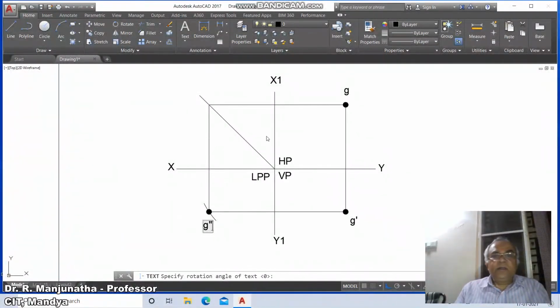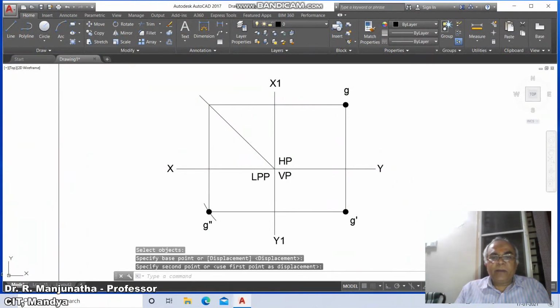Then enter it, then go to move, switch off the ortho mode, move it appropriately, then X1, and similarly Y, and this X1 Y1, this G dash, this G double dash.